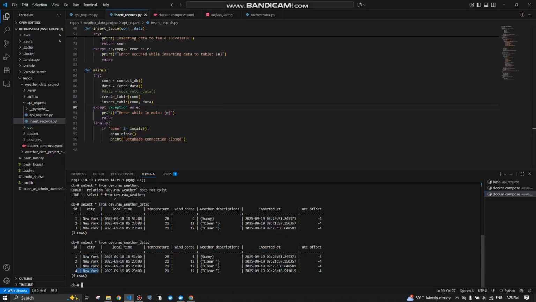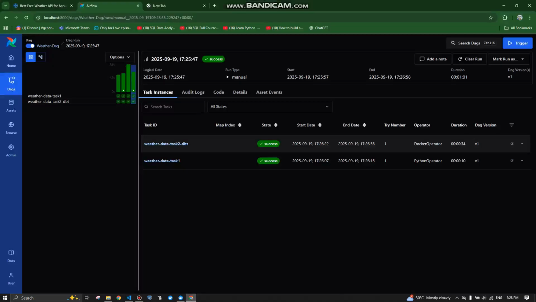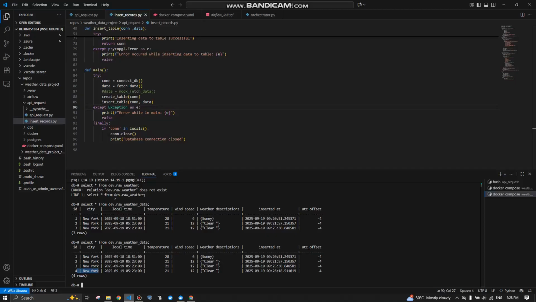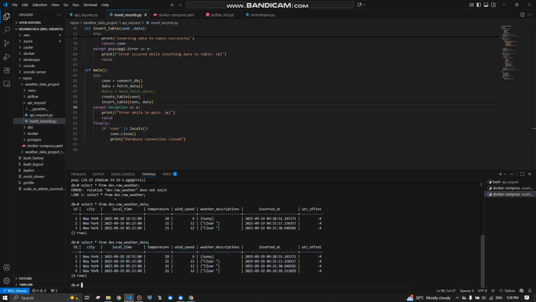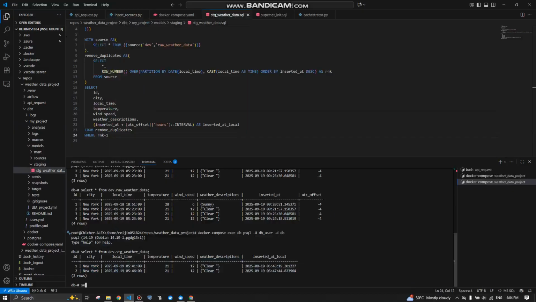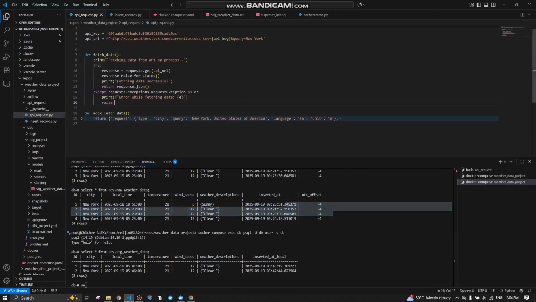So after Airflow triggers, the data was stored in my database. The data in these tables is what you can see in Superset. So this is a sample of raw weather data.